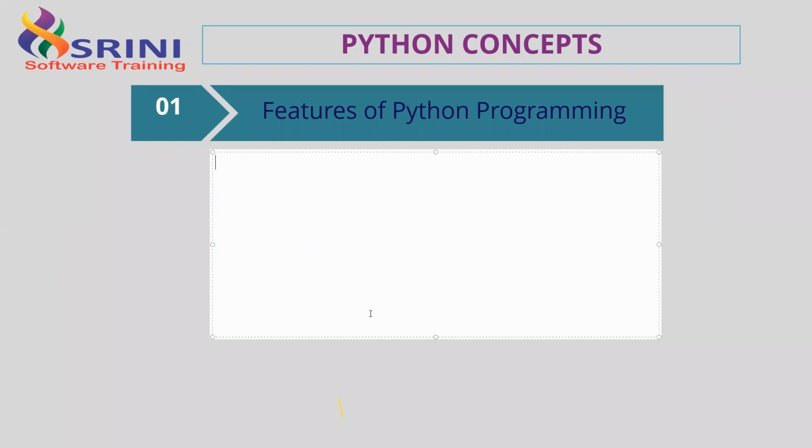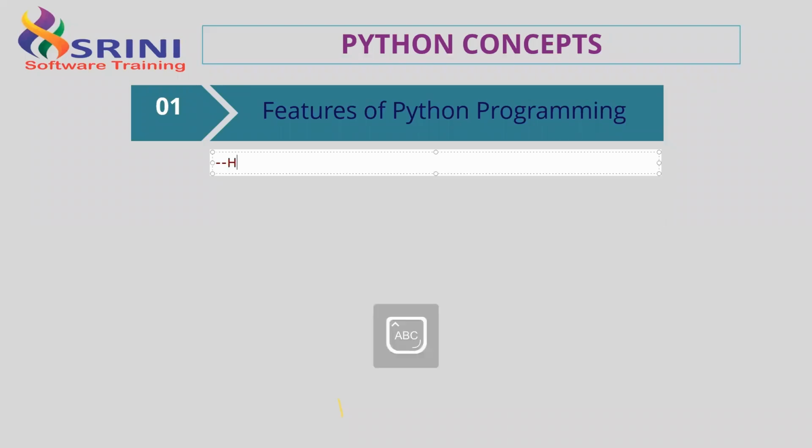Now, what are the features? Features are nothing but facilities provided by Python. Python is basically a high-level programming language. What does it mean? See, before high-level programming languages, we had machine-level language. We had assembly-level language.